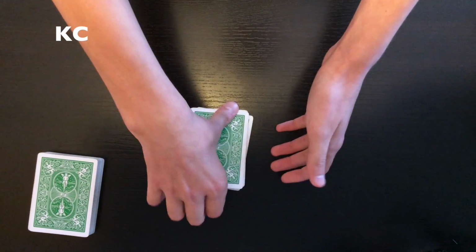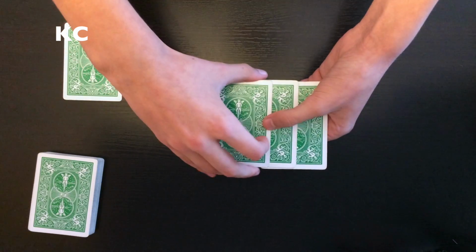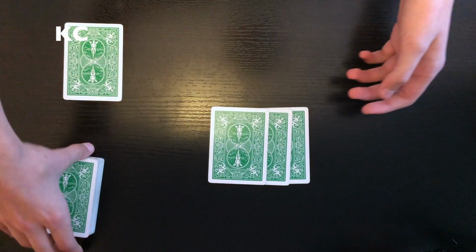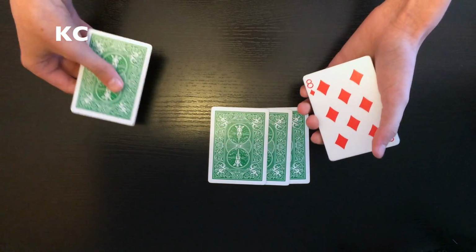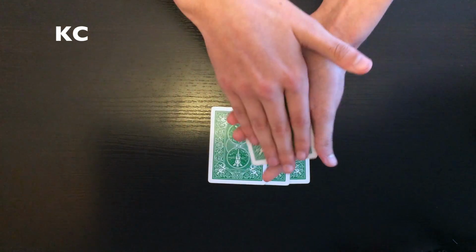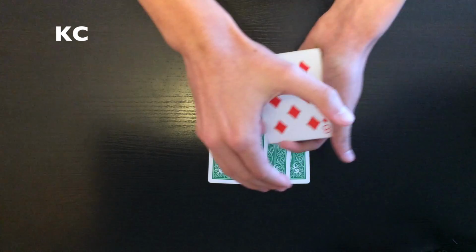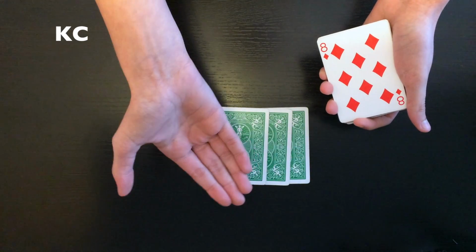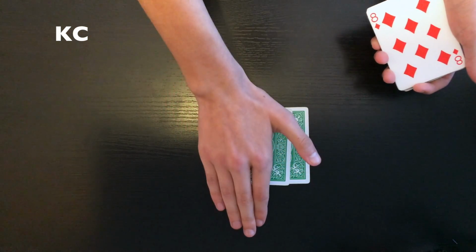We're gonna try something with the King of Clubs now. We're gonna set it aside, and we're gonna put these 3 cards down onto the table. Now, the King of Clubs, of course, I will set it right here. What's gonna happen is I'm going to palm it right now. Palm it off like this, so it's invisible from the front and the back. The King of Clubs is invisible, but should only be visible